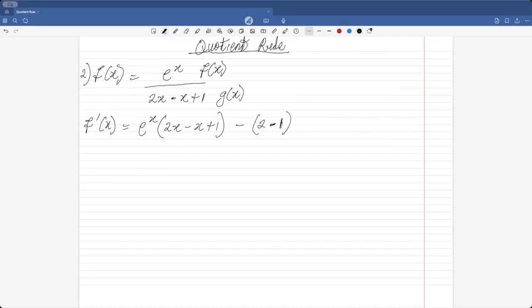Let's put this here. Open parenthesis, e to the power of x, close parenthesis, all over,